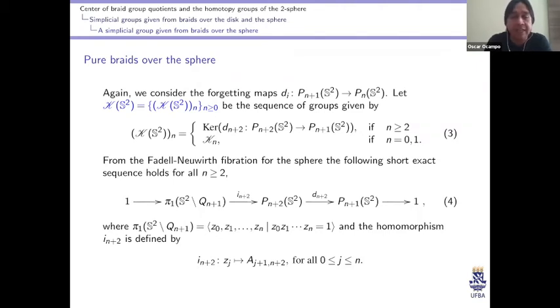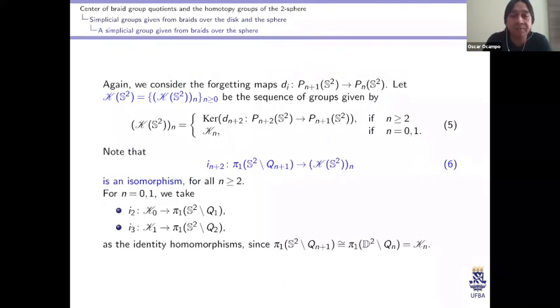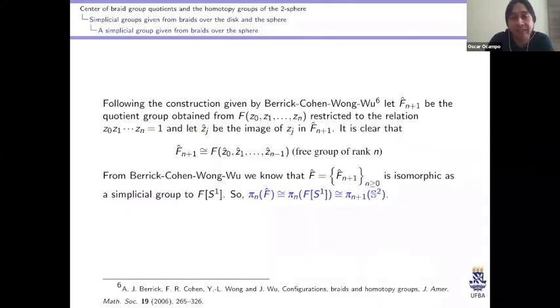And okay, in this case, we see the fundamental group of the punctured sphere as a free group, but adding one more generator and having this relation. But it's just technical in order to give some isomorphism that I will explain in a few minutes. Okay, taking in this way A of S2, like the kernels of these maps, and completing the lower cases in this way, it's possible to prove that